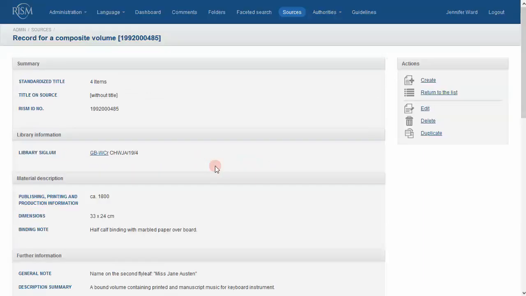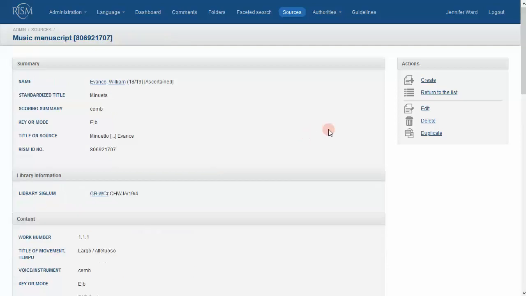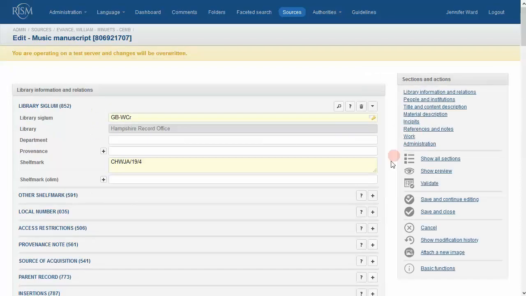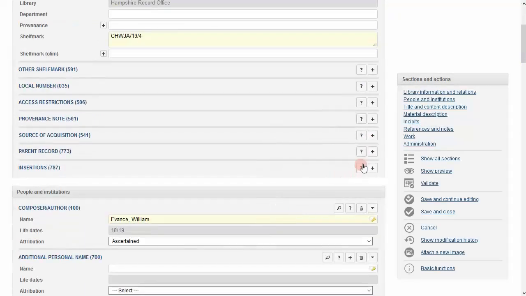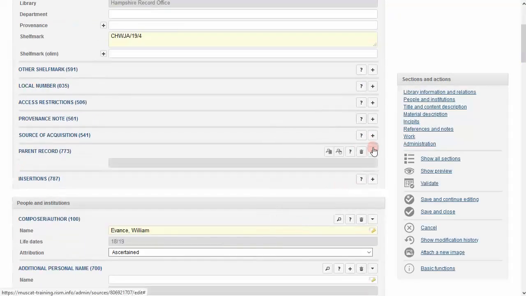Let's pretend that this volume also contains 2 manuscripts bound with the prints. The link is made a little bit differently. Find your manuscript record, click Edit. Under Parent Record, you will see 2 buttons, Search Collection and Search Composite.